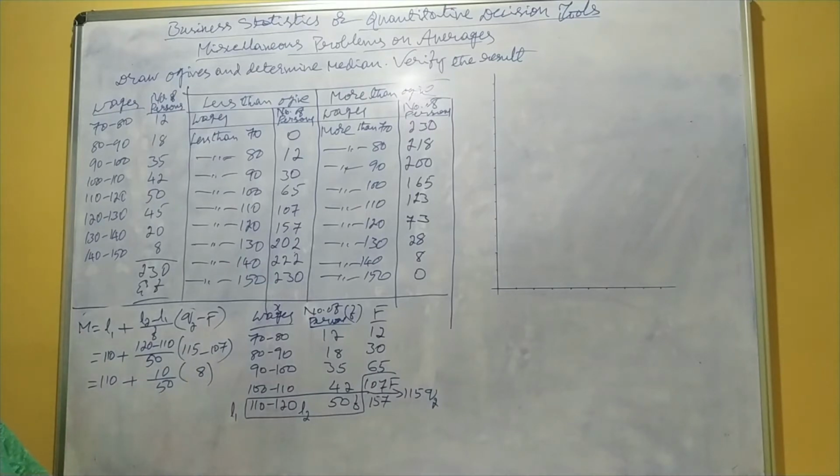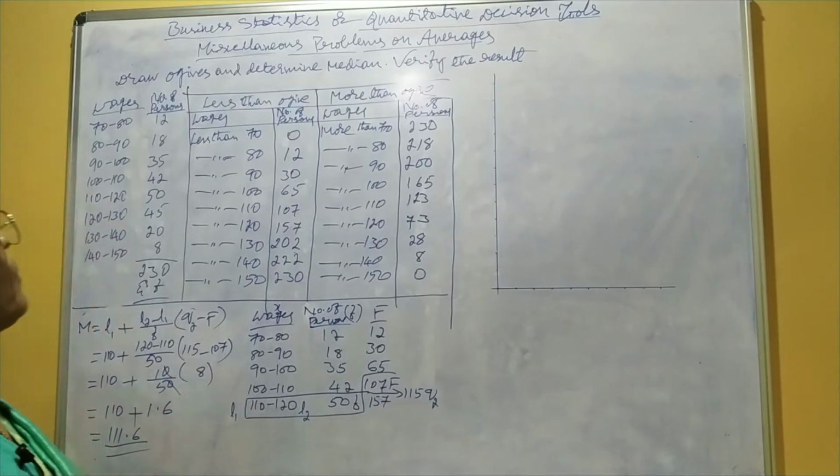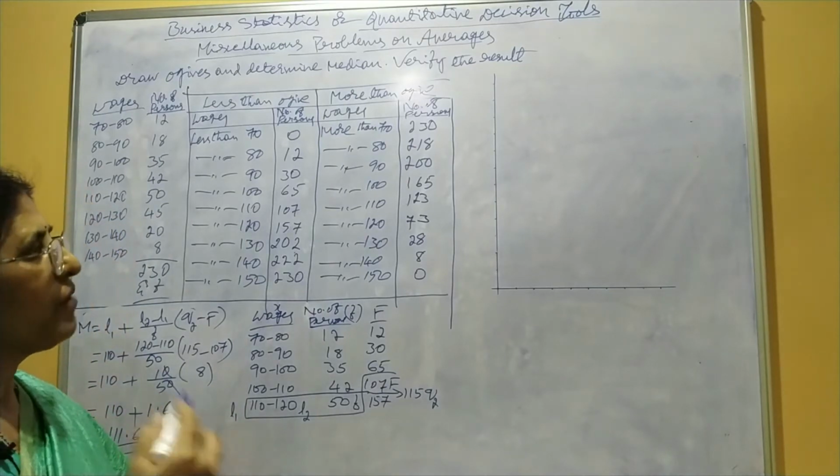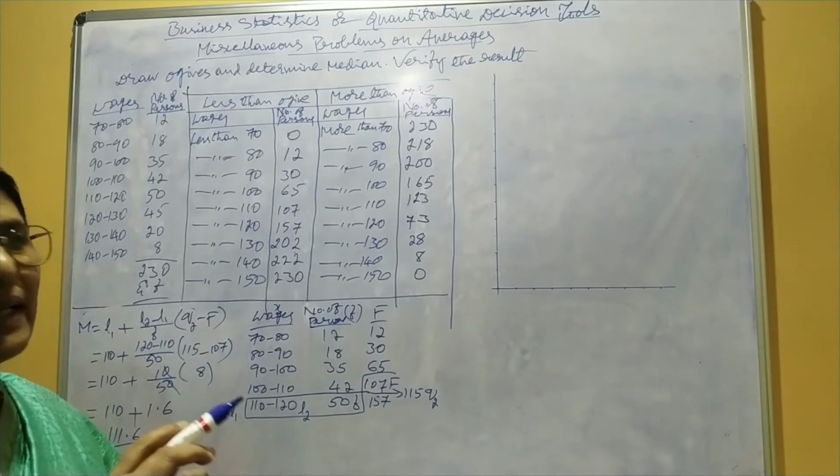115 minus 107, that is 8. 110 plus 0, and 0 will cancel. 5 ones are 5, 6 equals 111.6. Median is 111.6. Now, let us draw ogives. We have to locate the median. In this case, we have to draw both the ogives, that is less than as well as